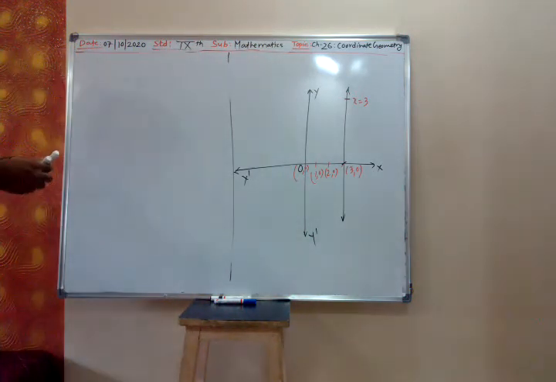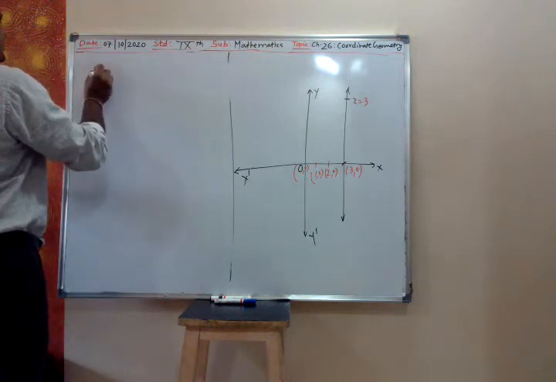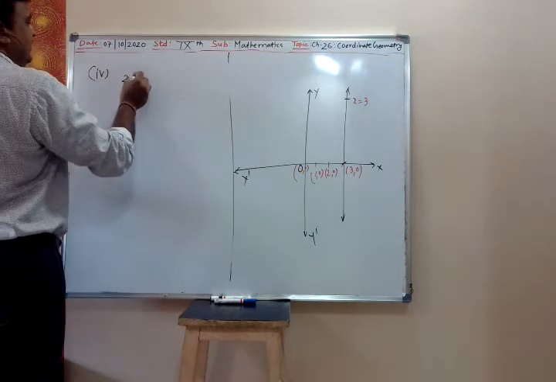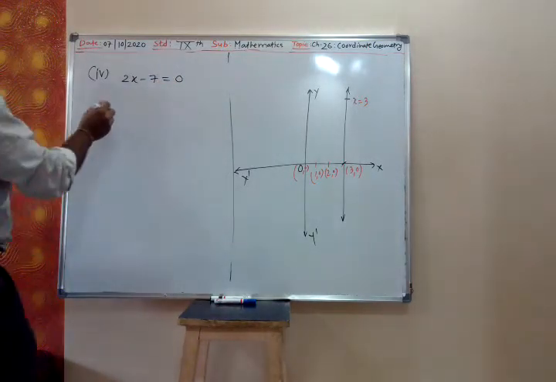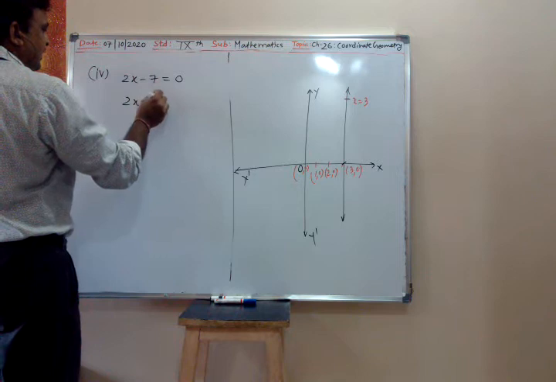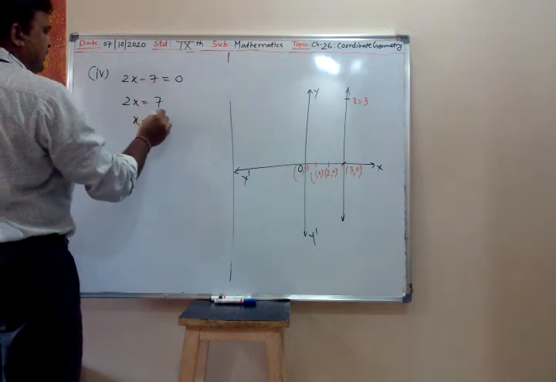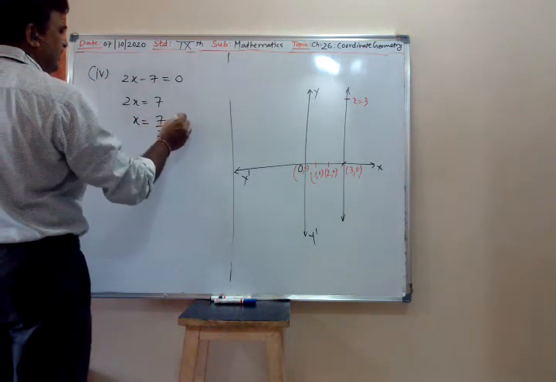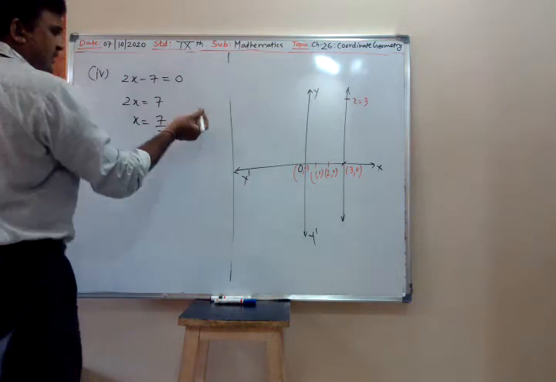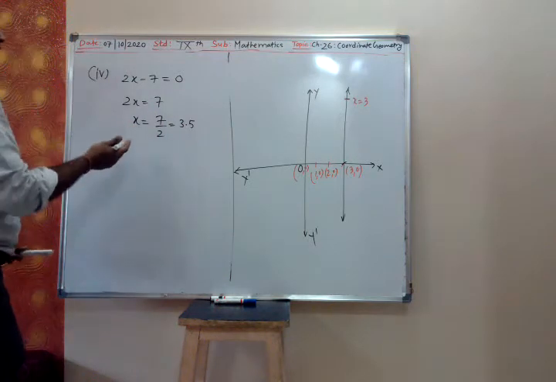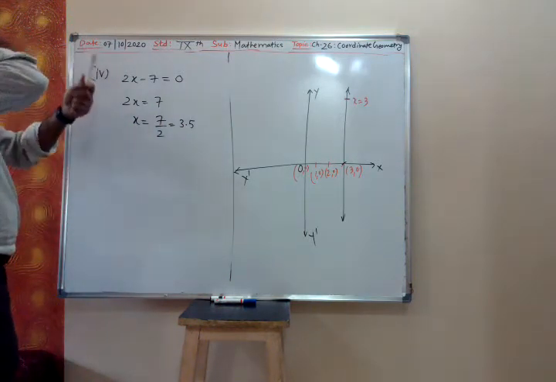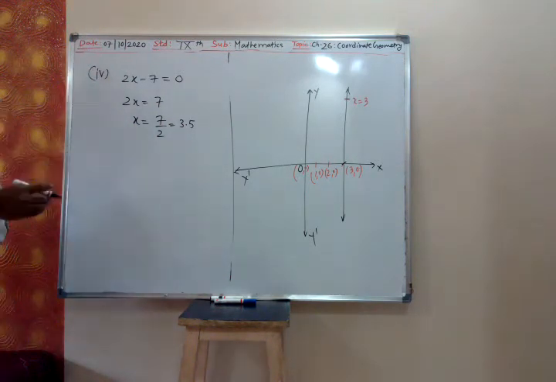My dear, you will simplify. See, 2x minus 7 is 0, correct? 2x minus 7 is 0, so that will give you 2x equals 7. So x is equal to 7 by 2. 7 by 2 means 3.5. So now the same thing, x is equal to 3, instead of 3, it is 3.5. Same way you can draw. That is what I am telling.